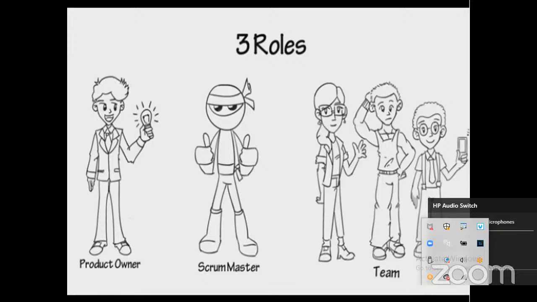Okay. So there are 3 types of users: product owner, Scrum Master, and Scrum